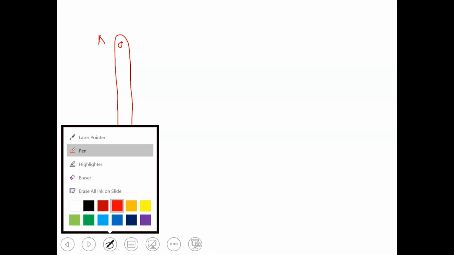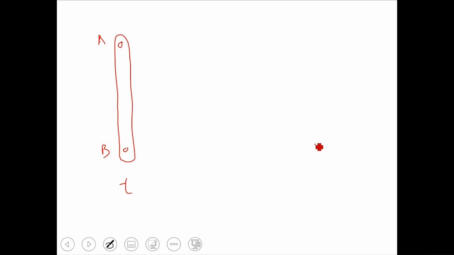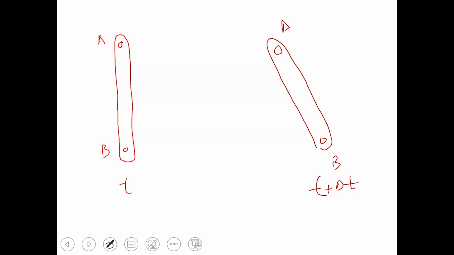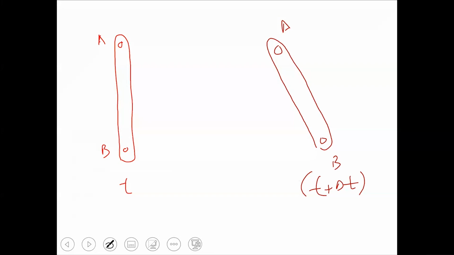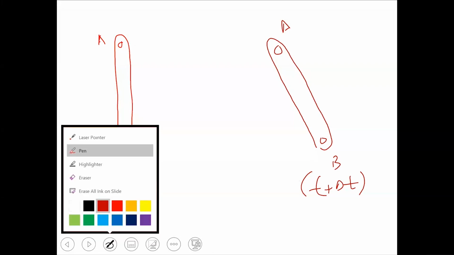Then at time t plus delta t, the new position of this rigid body is this position, which is again, this is your point A and this is your point B. So point A and point B at time t plus delta t have undergone different displacements dRA and dRB, as shown in this figure. Since these two points undergo different displacements,